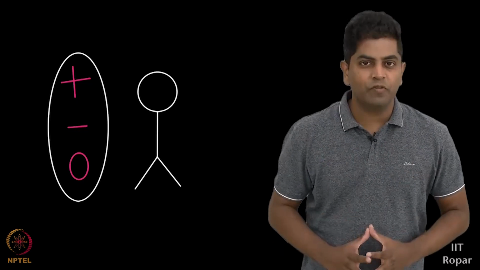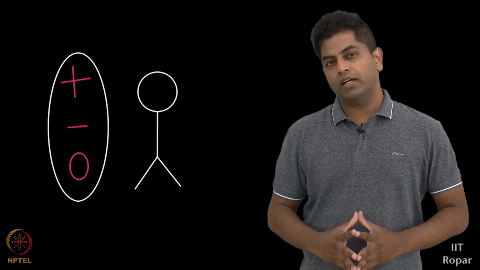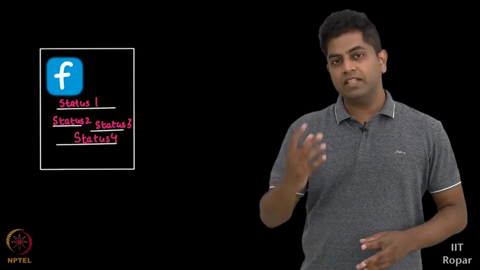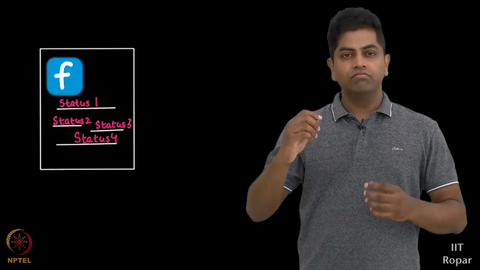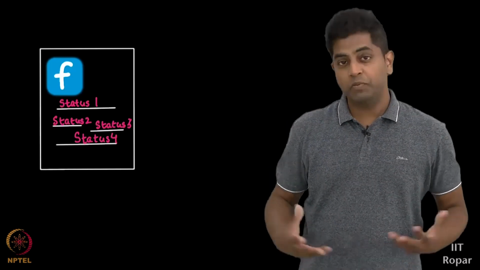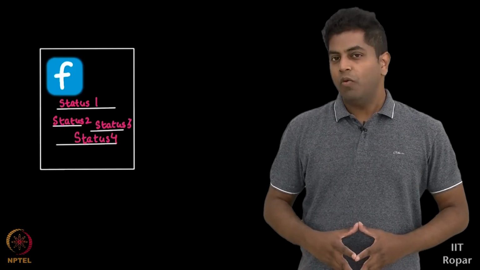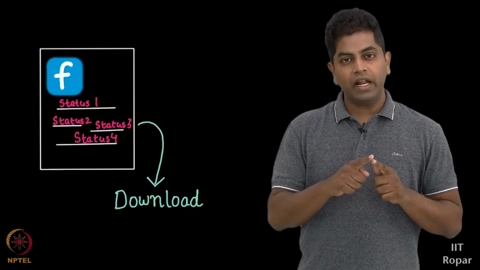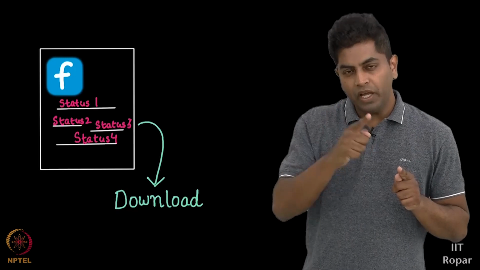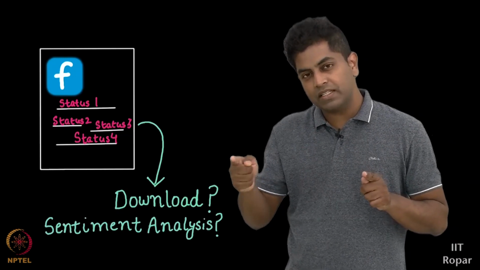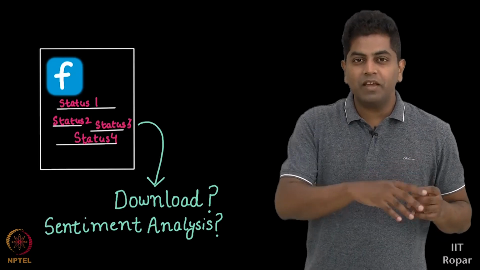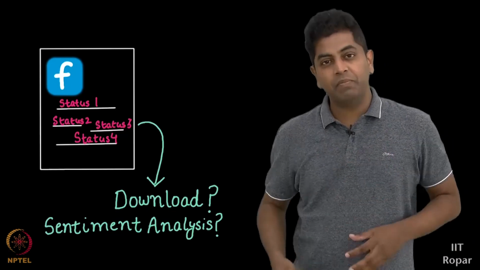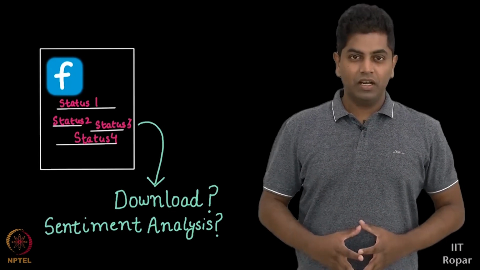I am interested in doing the following exercise. I want to take all the status messages I have ever updated on Facebook, ever since I was part of the Facebook. Let's say from 2008, I think I am there on Facebook. It's been more than 10 years. So what I would like to do is download all my status updates and try to analyze all of them by looking at the sentiments of individual status updates and see which are the months I was more happy than unhappy, and months where I was unhappier than happier, times when I was neutral, and so on.